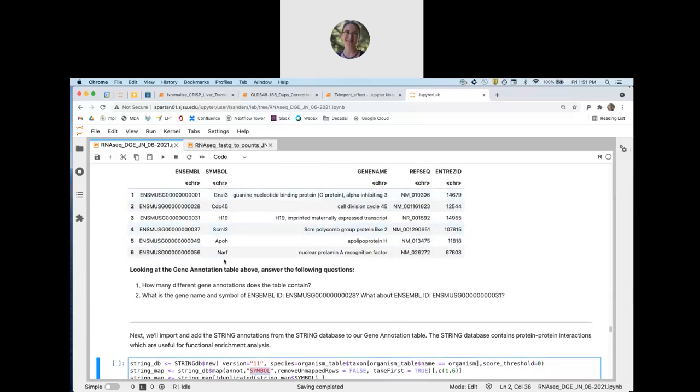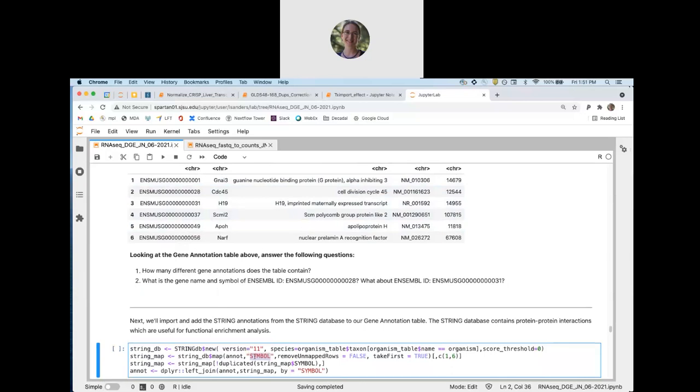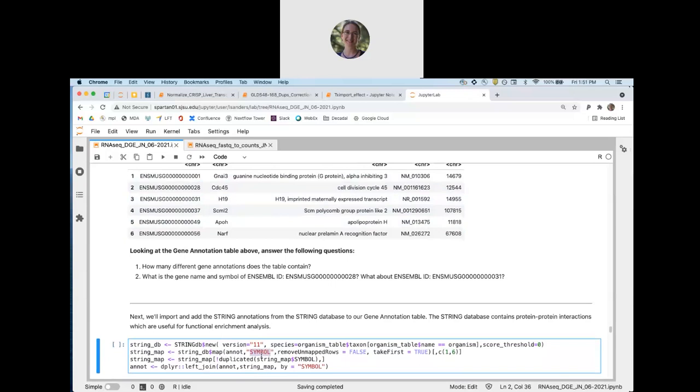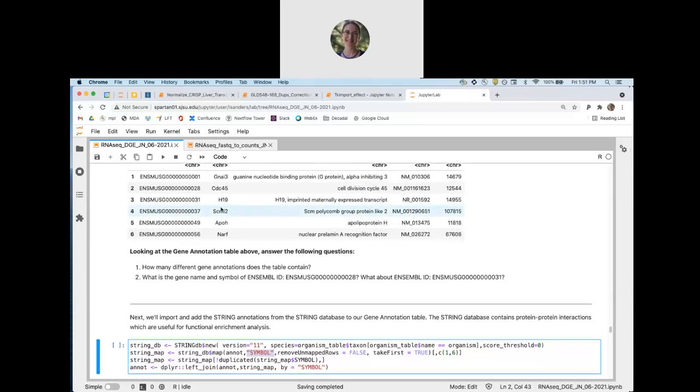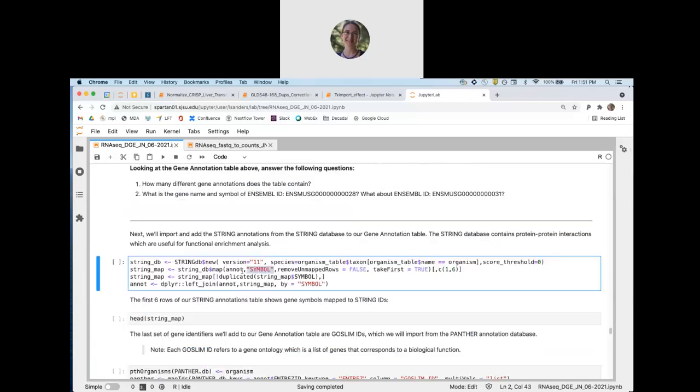So that's one really good reason that we needed to map our Ensembl IDs onto additional gene IDs. The STRING database can't deal with Ensembl IDs, I'm assuming. And so instead, we're searching using the symbol gene IDs. So we're going to go ahead and search the STRING database, and we're going to use a new function called